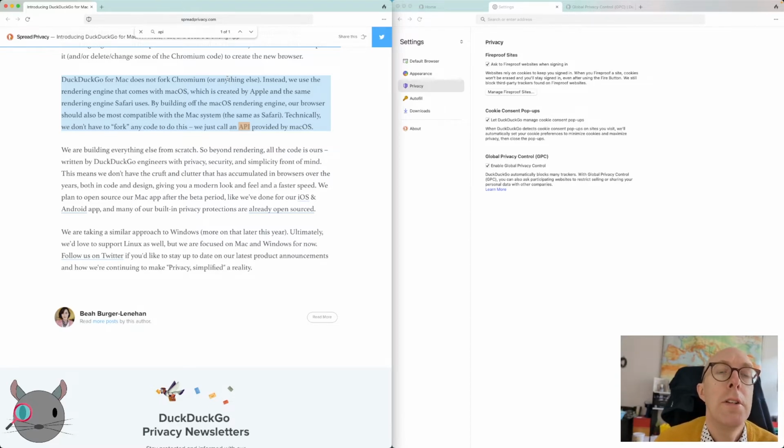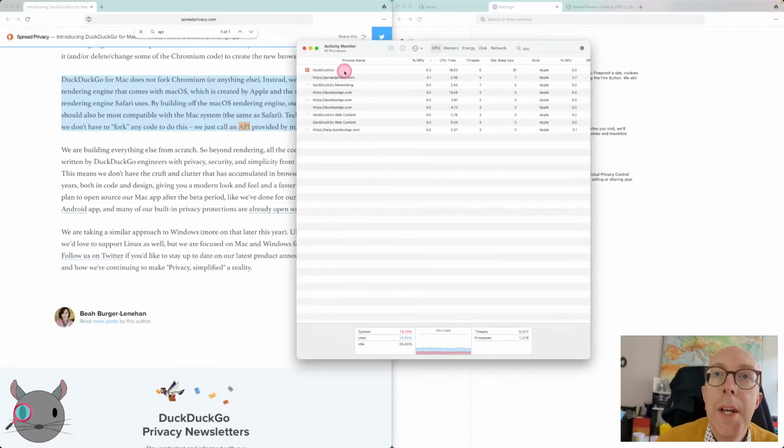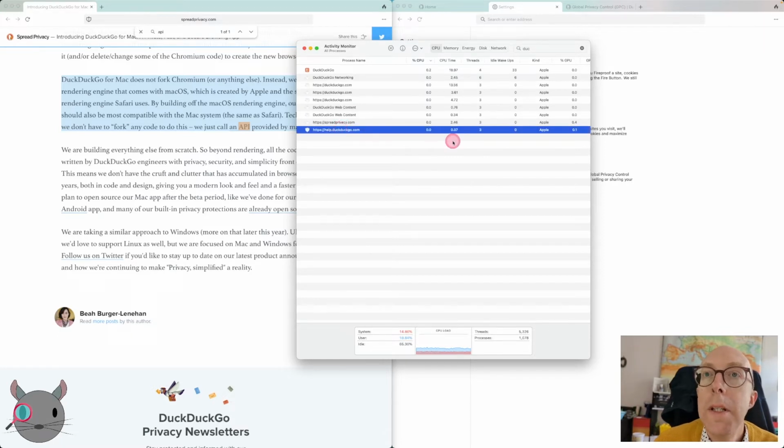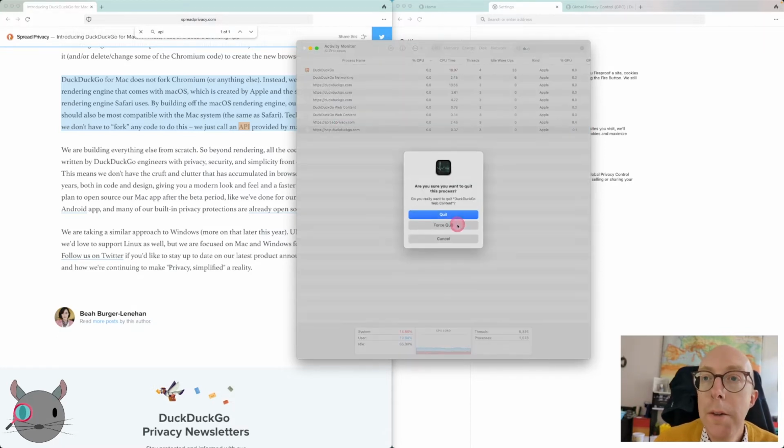So this actually gives us, in theory, the performance of Safari without it being Safari. I'm interested to open up Activity Monitor here and see. So we can see, yep, the browser here. And this is how Safari tends to render processes as well. Each web page is treated as a separate process. So you'll actually see, for example, assuming that is the GPC page, we can actually force quit individual pages, and